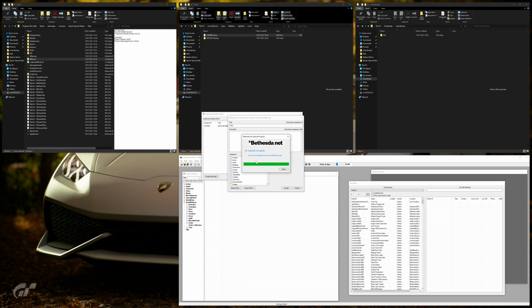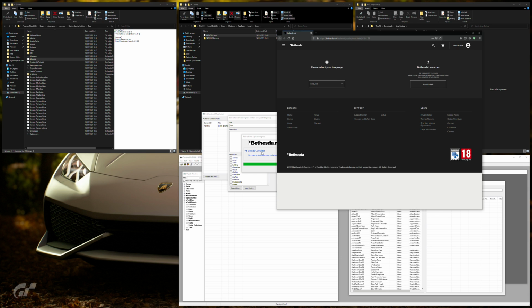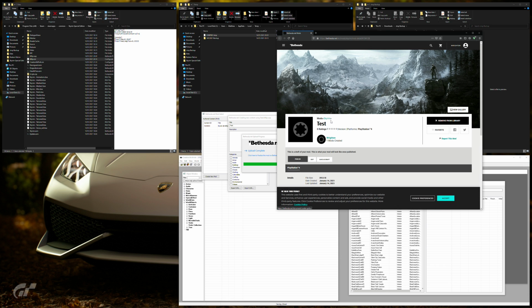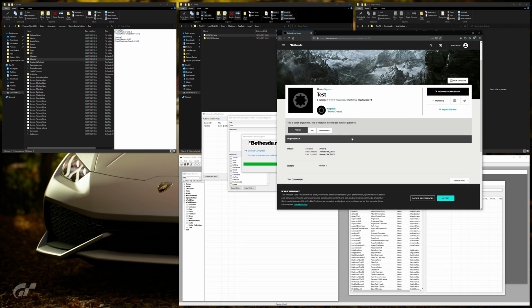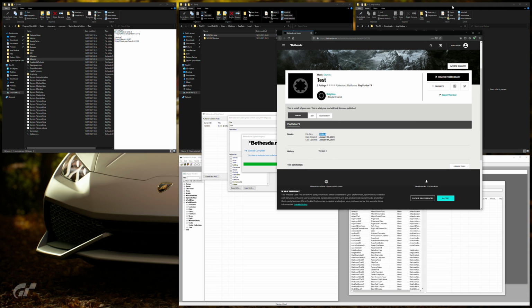So we've essentially uploaded the Xbox plugin, which is containing that ini file, obviously, to the server, but under the PlayStation 4 flag. So if I click upload complete now, I should be able to see I've got test, and then this file here, it's 393 bytes, and it's under the PlayStation 4 platform,